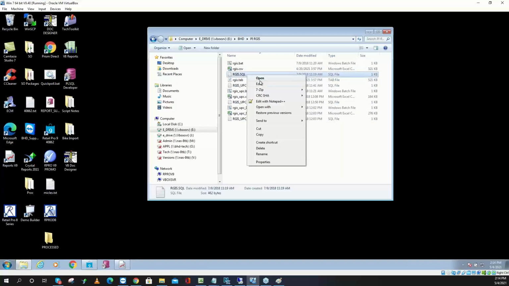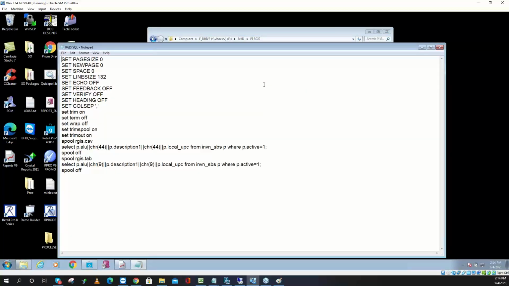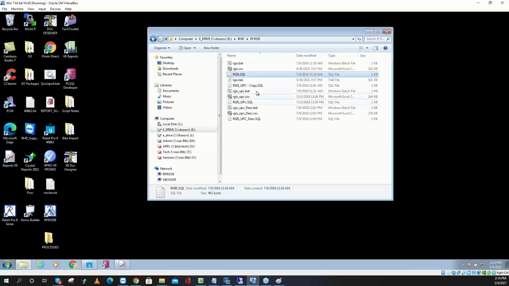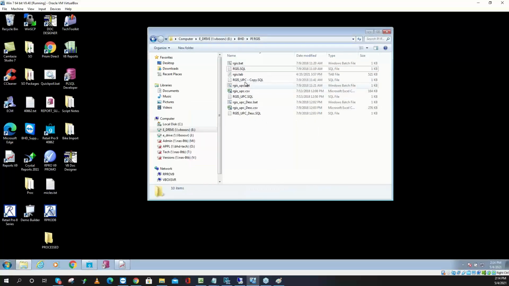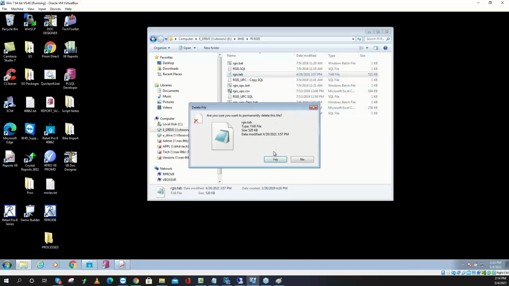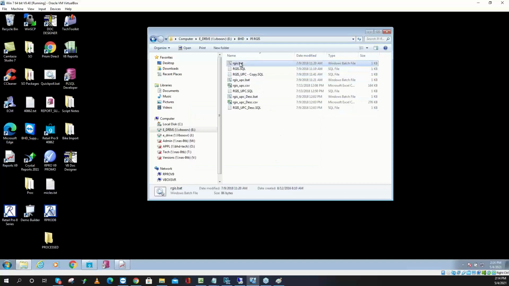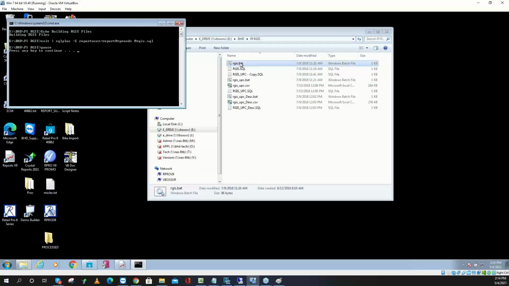I'm going to edit this real quick so I can see what this is doing. All right, so this is pulling the ALU, the description 1, and the UPC, and that's pretty normal. So let's start with that. I'm going to take this rgis.csv here and delete it. I'm going to do the same with this tab file, and I'm going to double click this batch file,